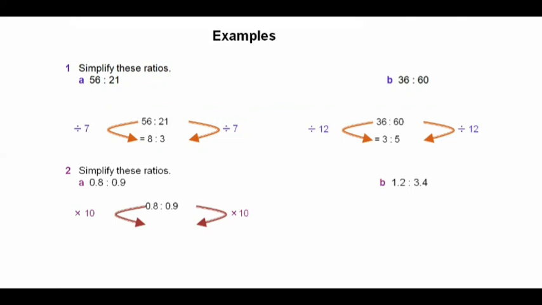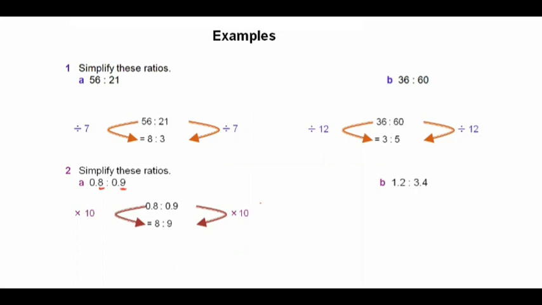Now let us simplify a ratio which is in decimals. What are we doing here, children? We remember that it should never be in decimal form. We can see in the decimal place there is a single digit. So to remove the single digit, we have to multiply both of them by 10. So 0.8 multiplied by 10 and 0.9 multiplied by 10, we get the ratio as 8 is to 9. So that is how the simplified form of 0.8 to 0.9 is 8 is to 9.